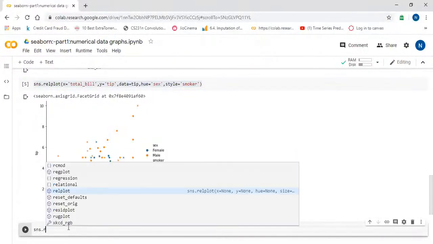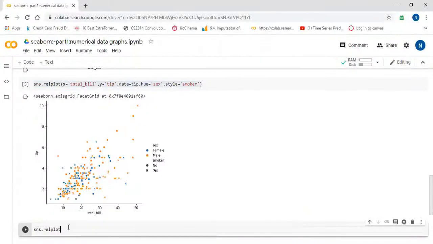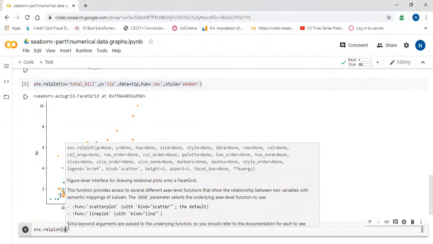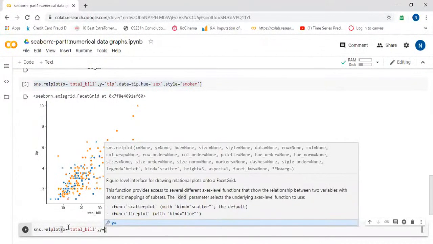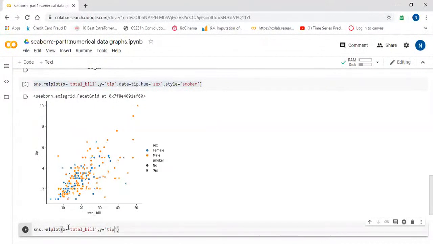sns.relplot again. So x is equal to total_bill, y is equal to tip, and data is equal to tip.